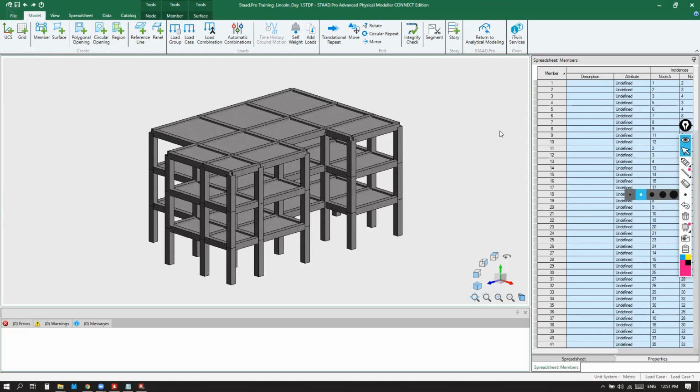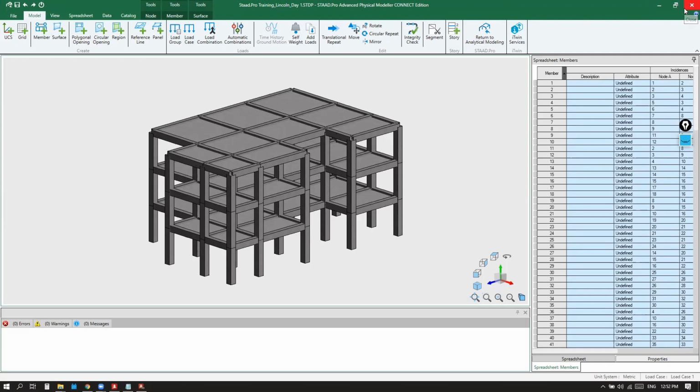Or simply you can close this, but don't close the file for now. So for converting the physical model to the analytical model, you have three options: one under Model, another one at the top left-hand side, or simply you can close the